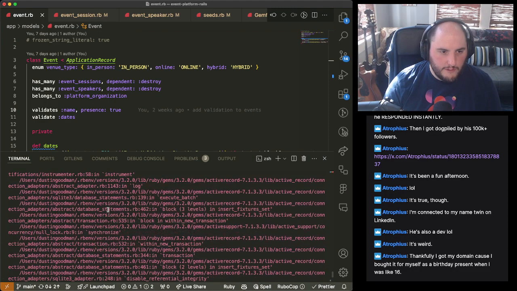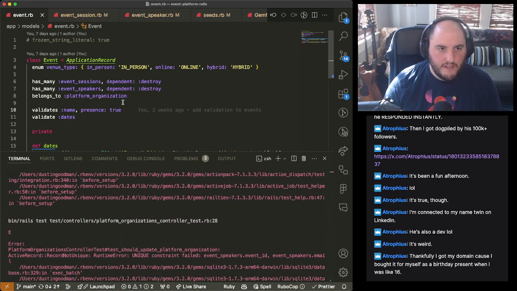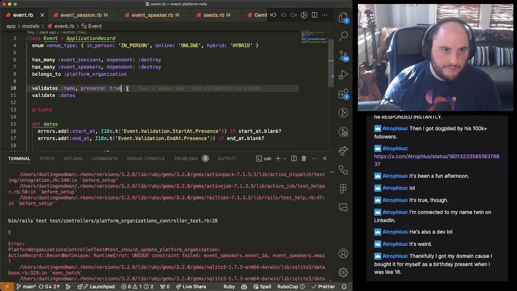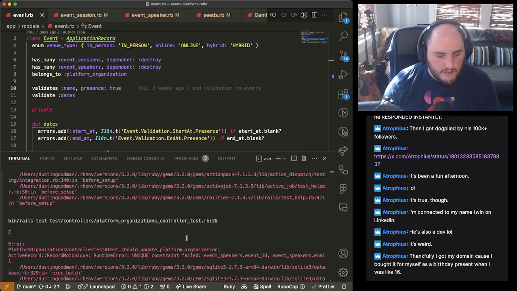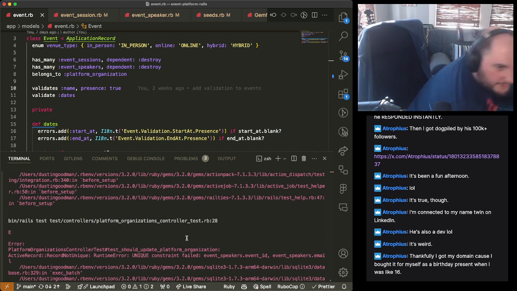So I was hoping that by putting the validation constraints on things, this would have not happened. Oh, I think another uniqueness constraint we could probably do is that event name is unique by organization. I don't know if that's a good one, but you know what? We'll talk about it when I get back in just a minute.